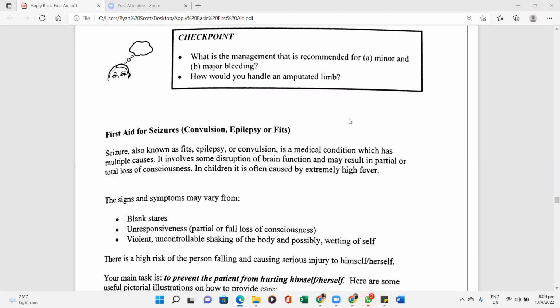How would you handle an amputated limb? Meaning the limb is completely severed, and you're there alone? Try to stop the blood vessel from bleeding. So what you would do, you would use a belt, or you would use some form of band to tie above the amputation. So take for instance, you're there and somebody was in an accident and their entire leg got torn off. You would tie